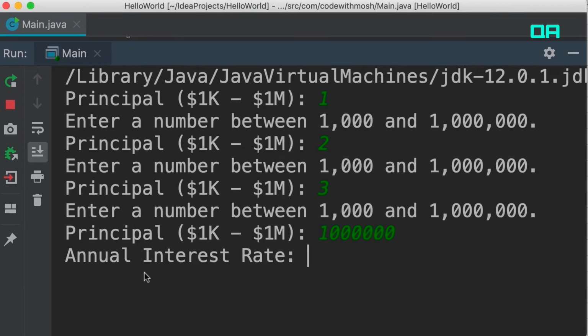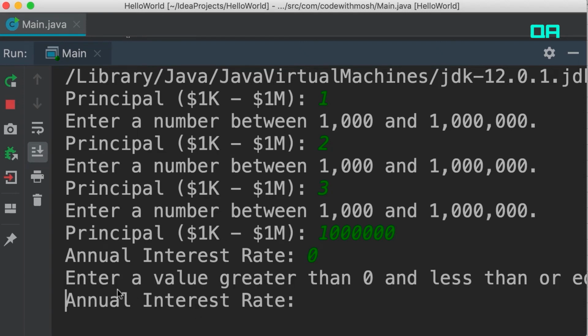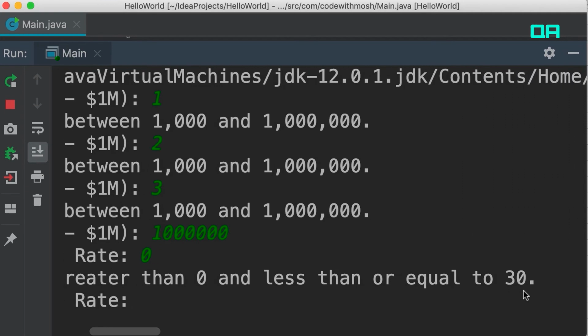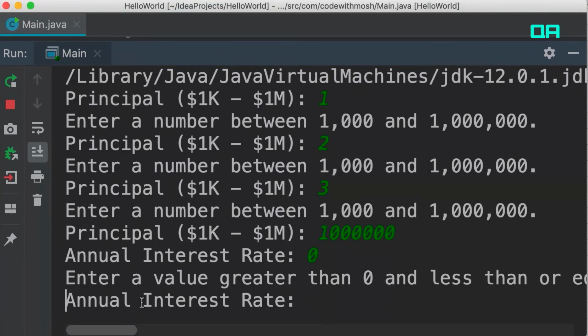Next, we need to enter the annual interest rate. Now here we need to enter a value that is greater than 0 and less than or equal to 30. So if I enter 0, we get this message, enter a value greater than 0 and less than or equal to 30. Once again, we're asked this question one more time. So let's enter a valid value like